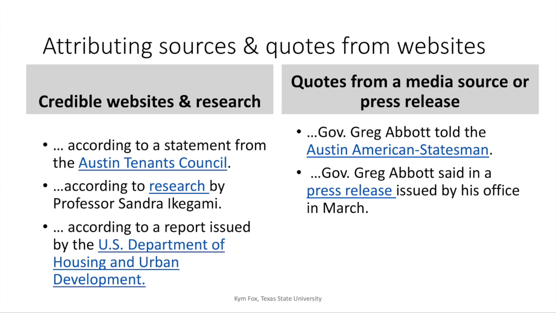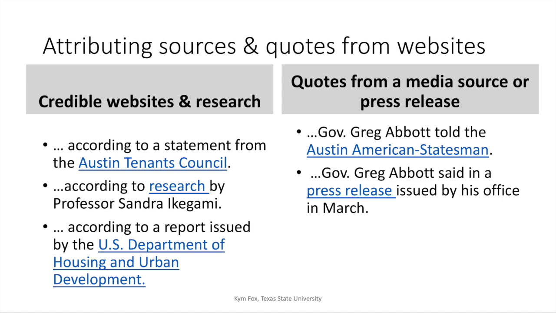Or say that you're going to use something from another media source. Again, generally we try to avoid that, but we're okay with that this time. Or from a press release. And sometimes that's the only way you can get a hold of some people who are important to a story, is by a press release or when they talk to another media source. So, for example, Governor Greg Abbott told the Austin American-Statesman, or Governor Greg Abbott said in a press release issued